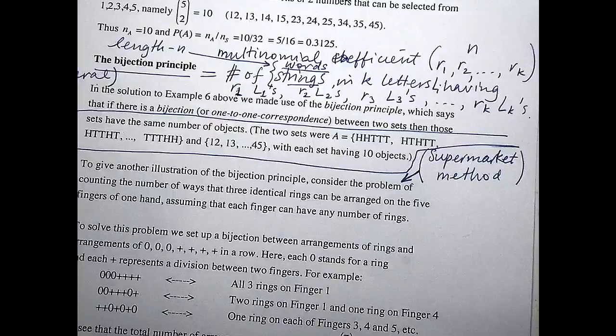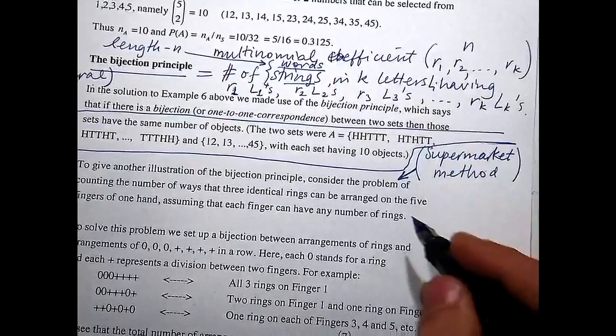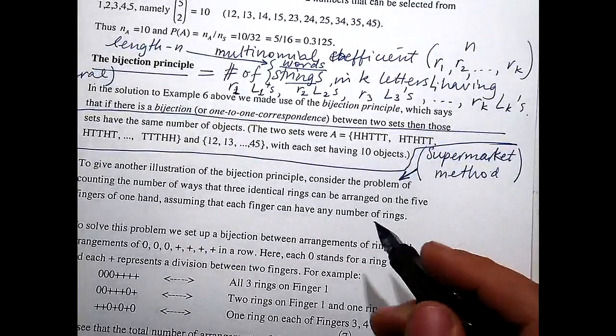Yeah, spacer is a good idea. It's sort of like a spacer, or like a return on a typewriter. You know, go to the next one. So in terms of the supermarket method, let's imagine instead of rings and fingers, they were apples and